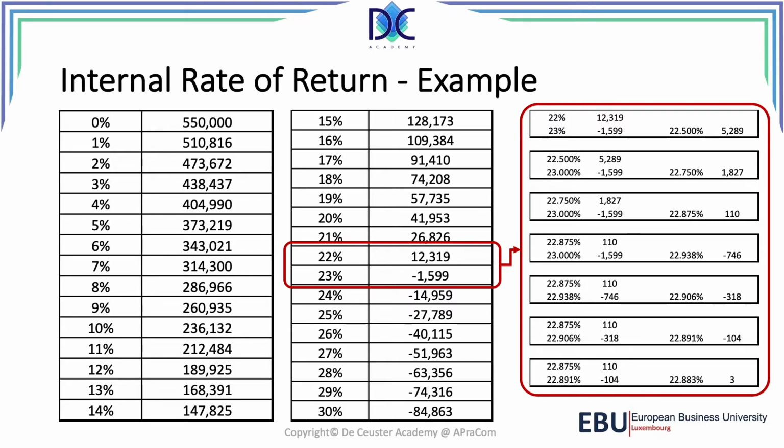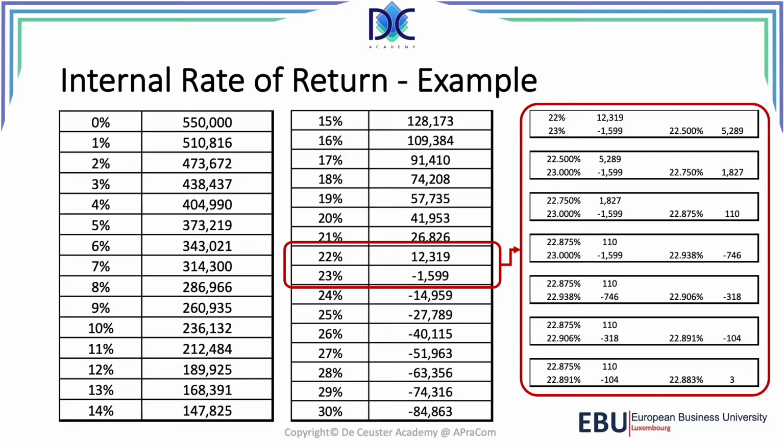So the internal rate of return is between 22.875 and 22.906, which gives us 22.891 as an average. It's again a negative value, so now we know that it is between 22.875 and 22.891. When we calculate the average again, we find